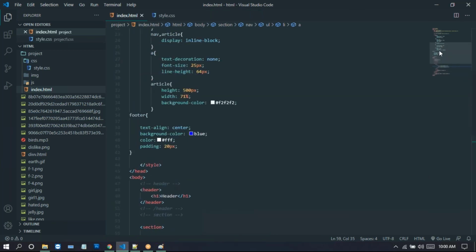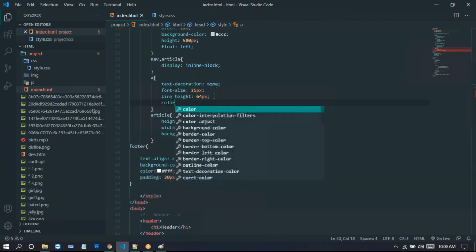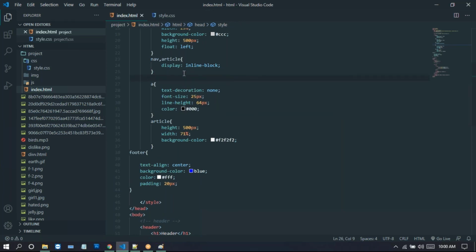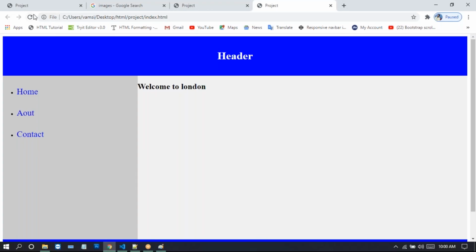Now, so we need a color here. So just apply this color. I need a color. For this color, we just take 00. Now we need to delete this. We need to delete these bullet symbols. So I'm taking this UL tag. For this UL tag, just directly write the list style none property. List style none, and go to this browser and refresh this one. So they're having list items.